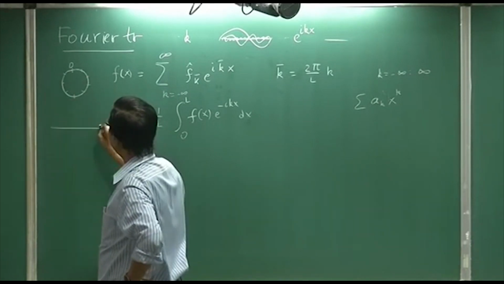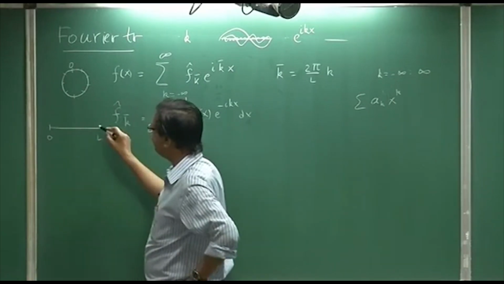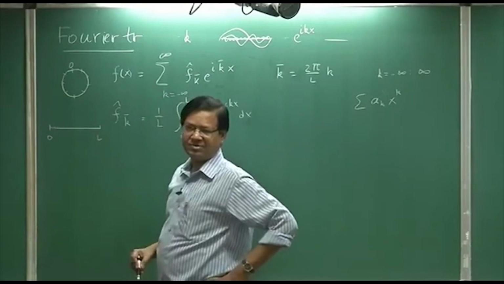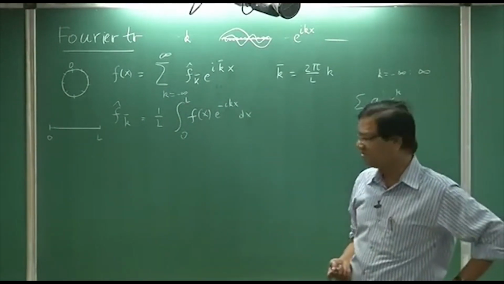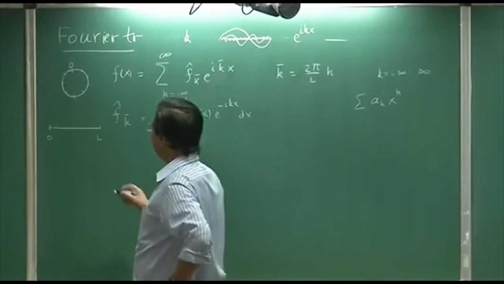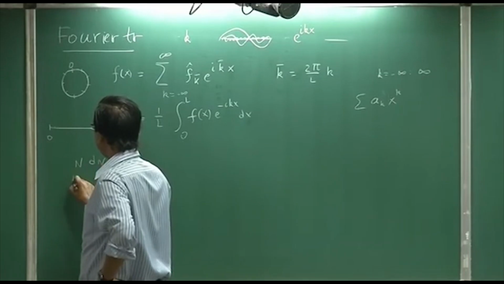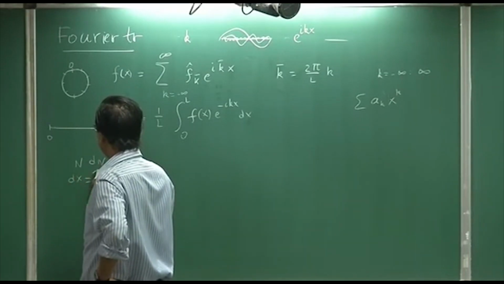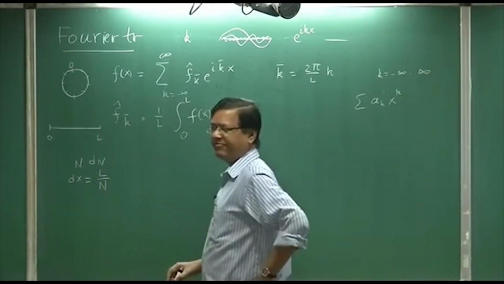So, I can make a line, keeping in mind that this is the same point as that. Okay. So, we do not store the last point, because that is the same as the first point. So, I make n divisions. So, my delta x will be L by n,